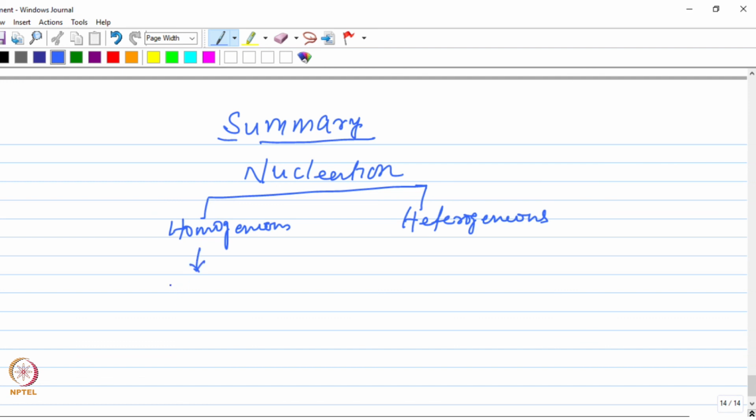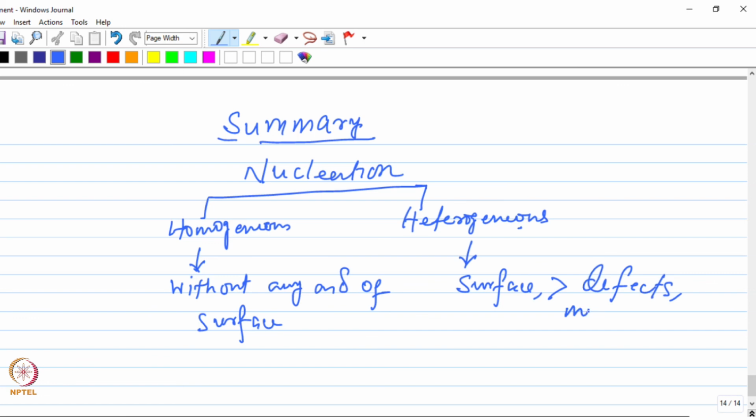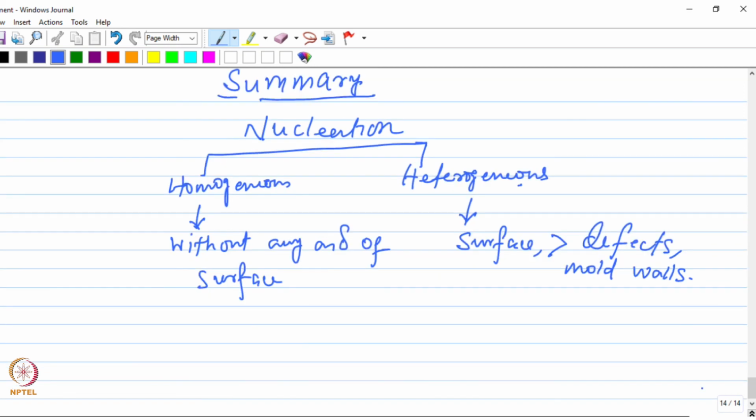Homogeneous nucleation occurs uniformly across the parent phase without the aid of any surface or defects, whereas heterogeneous nucleation occurs on a surface such as a defect or mold walls, and for the nucleus to form there is a critical free energy change or an energy barrier,